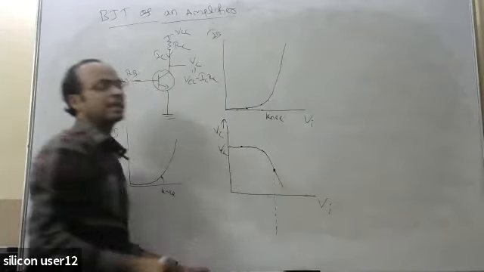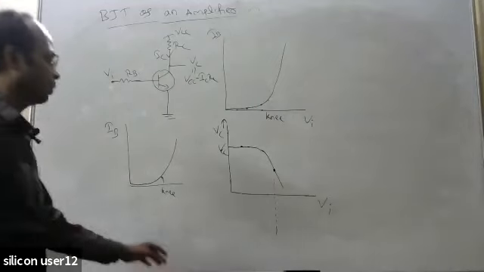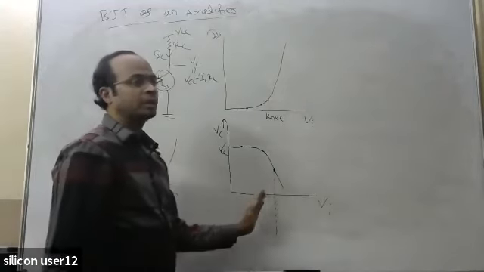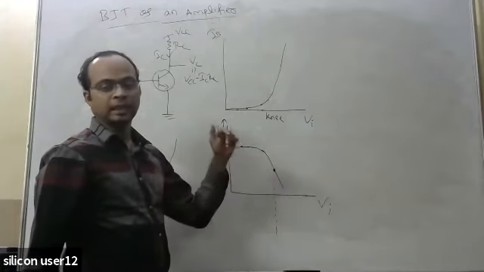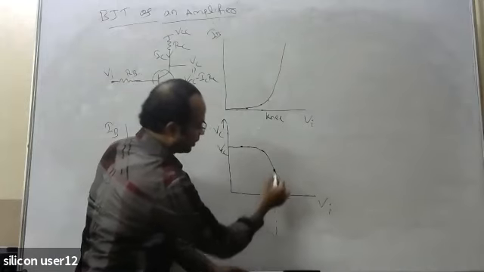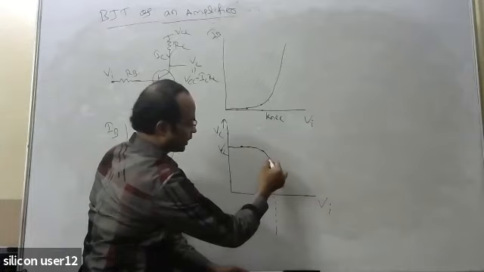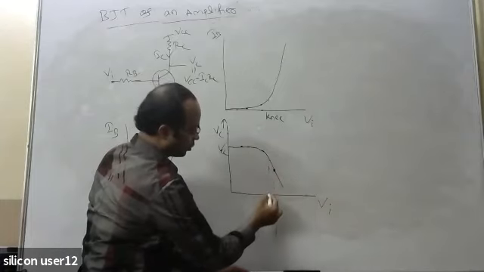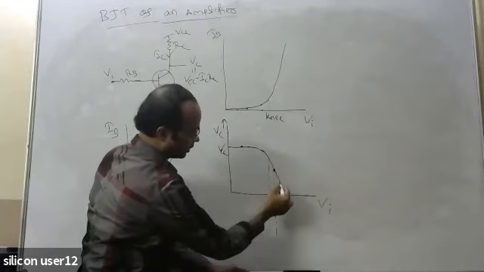So how it is acting as an amplifier, or how it is amplifying, that thing I want to show you. Okay, so amplifier means what? For a small change in the input, the output will change to a larger extent. Okay, so here you see, suppose this is the middle point or the point of operation. Now you just make two different dotted lines, to the left of it and to the right of it.